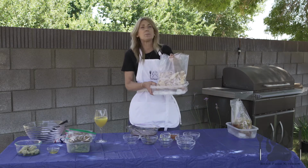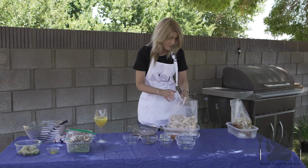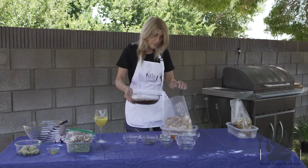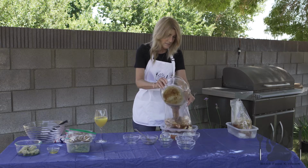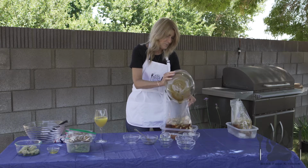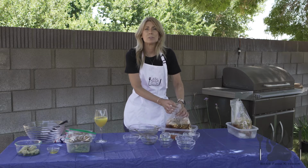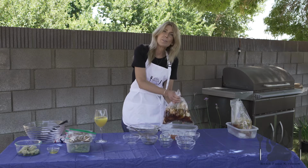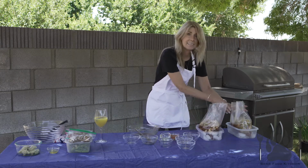If you're cooking with meat, you want to make sure you have some ice with it. Keep it cool, especially if it's outdoors and it's hot. We are going to pour the marinade into a bag. Use a bag you could reseal. And you're going to let this marinate 4 hours or overnight to make sure all the flavors get into the chicken. When you're done the next day,